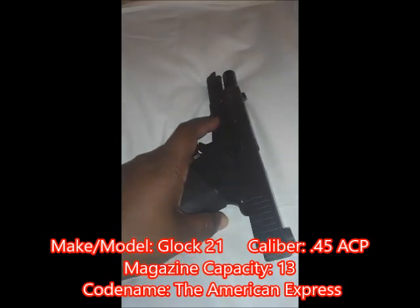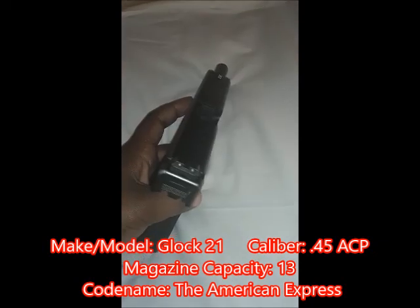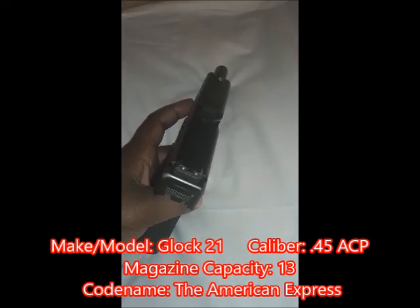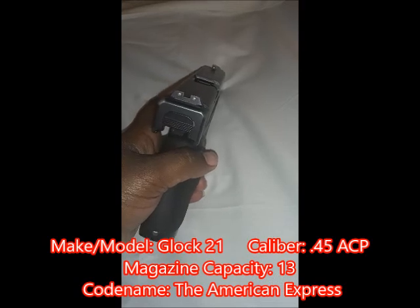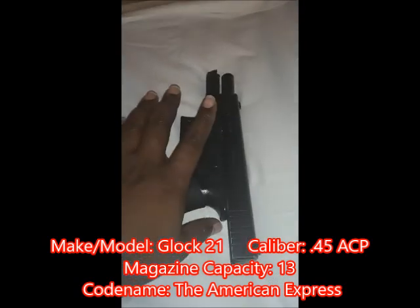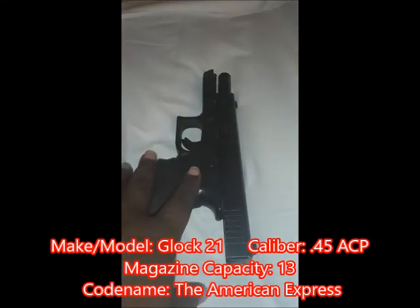Now, as you saw in the last video, my wife's Glock 19 had an enhanced sight on the front and didn't have anything to distract her on the rear. So that's the difference. Now, this is a Gen 3, which